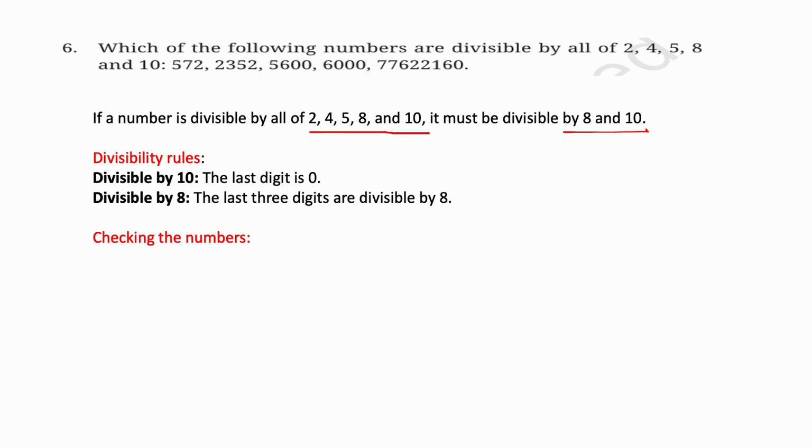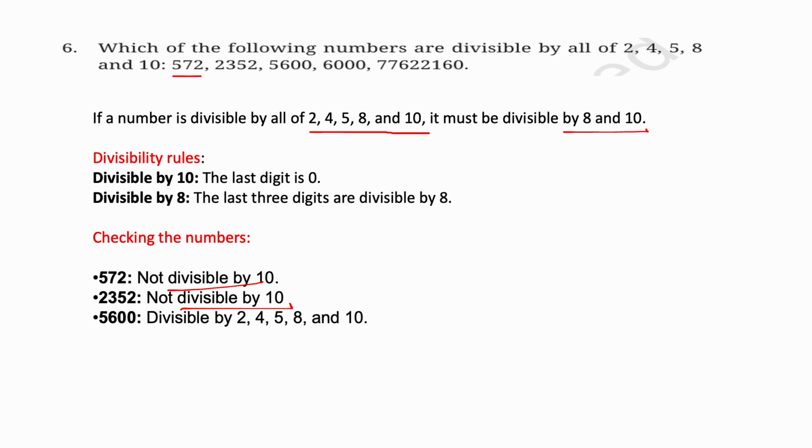Then checking the numbers. Take the first number, 572. This number is not divisible by 10. Why? The last digit is not 0. Then take the second number, 2352. This is also not divisible by 10. Why? The last digit is not 0. The next one,